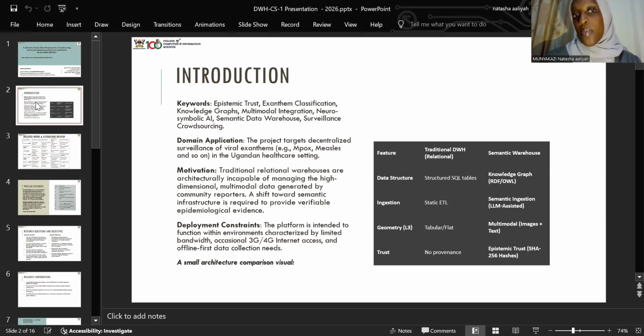I've talked about the domain application. I've talked about the motivation that is motivating us. The traditional relational warehouses that I've talked about, some of the deployment constraints that are already there is that in the environments we are in, we're able to get inconsistent data. But since now Ugandans use smartphones,